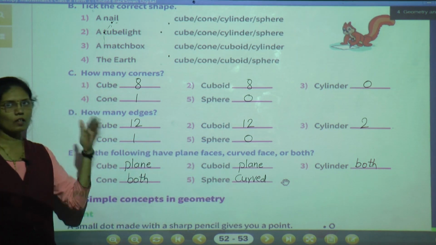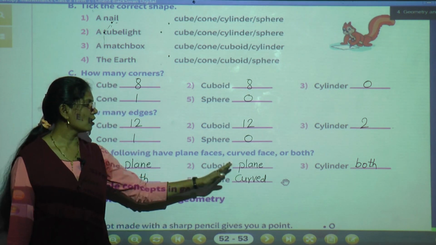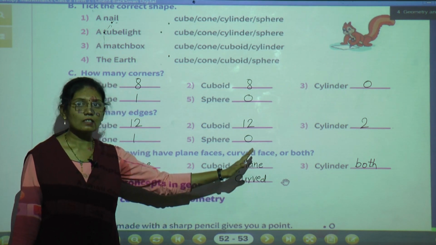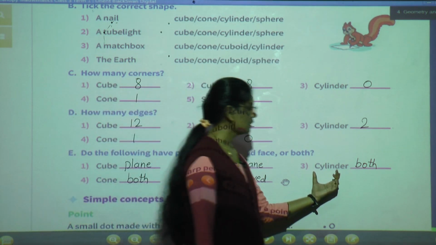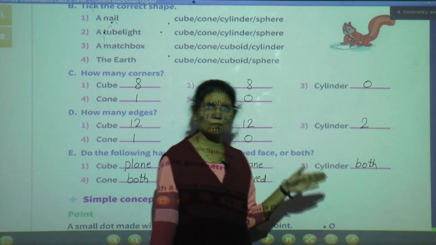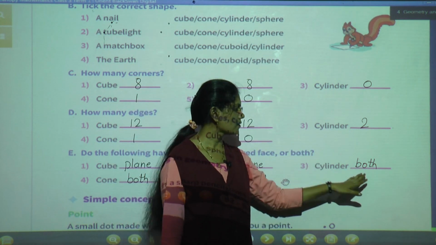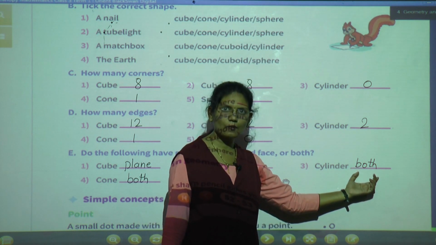In the cube all the faces are square in shape, but in the cuboid all the faces are rectangle in shape. Then in the cylinder, plane faces are there as well as a curve face. 2 plane faces and 1 curve face are there.